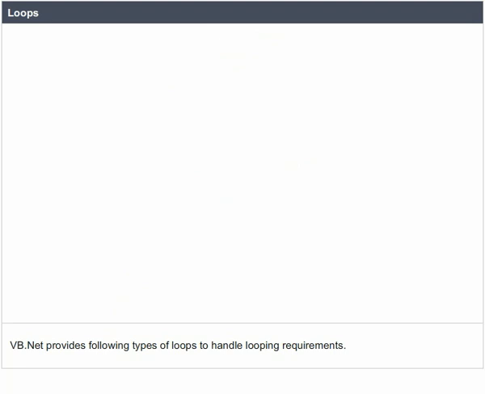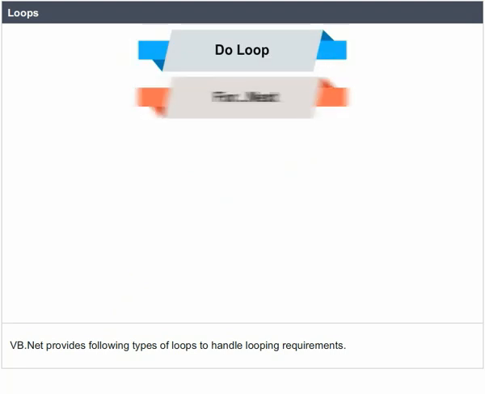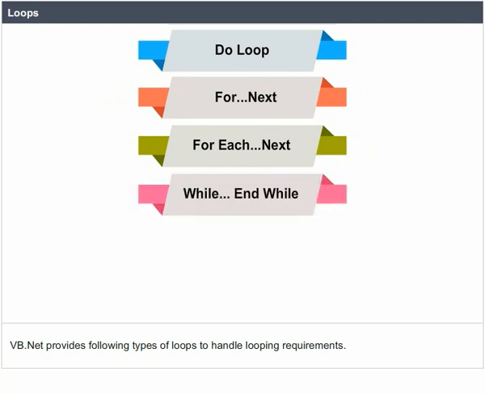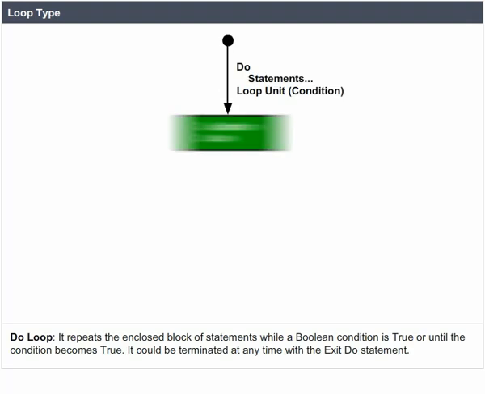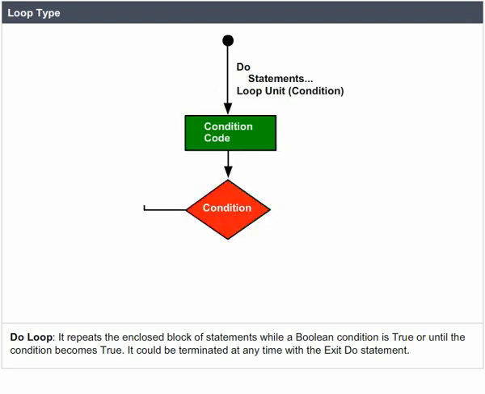VB.NET provides the following types of loops to handle looping requirements: Do loop, For Next, For Each Next, While End While, With End With, and nested loops. Loop type, Do loop. It repeats the enclosed block of statements while a Boolean condition is true or until the condition becomes true. It could be terminated at any time with the Exit Do statement. The syntax for this loop construct is